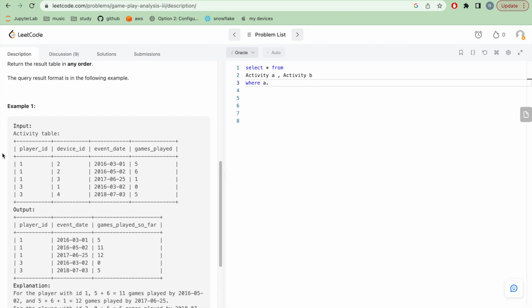So the first condition would be a dot player id equal to b dot player id, and the second condition is a dot event date will be less than equal to b dot event date. All right, so this will give me